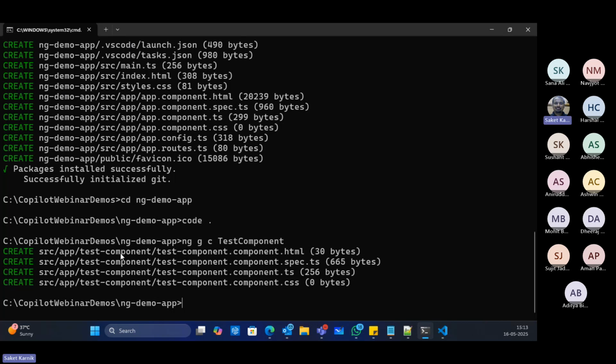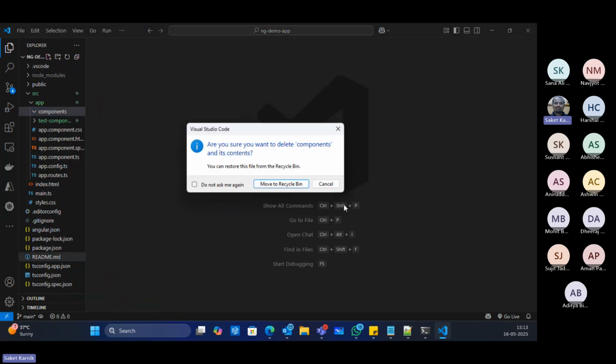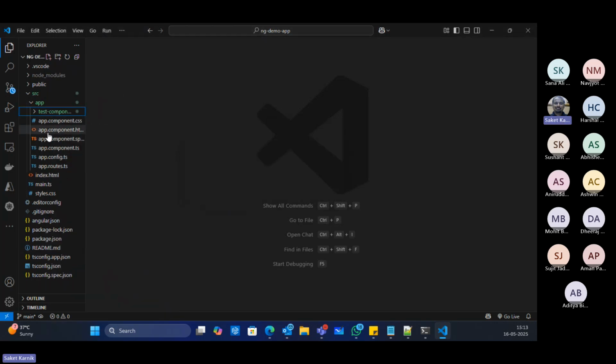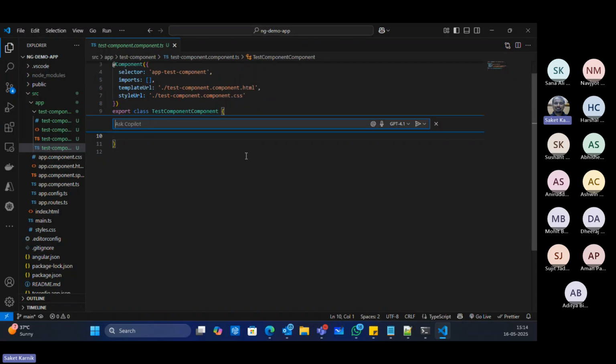Yeah, so it automatically created the folder anyways. This one I'll delete then. Okay. So test-component.ts, I'll go to, this is my component.